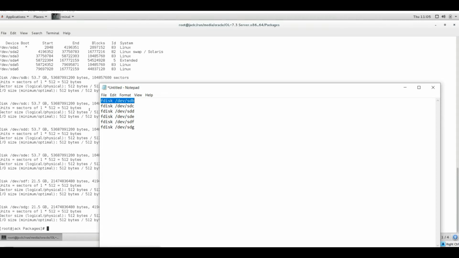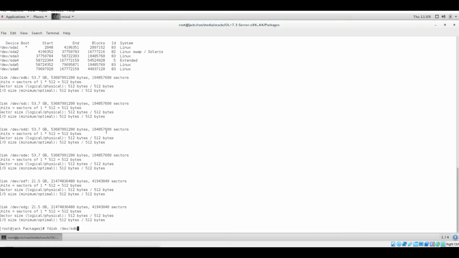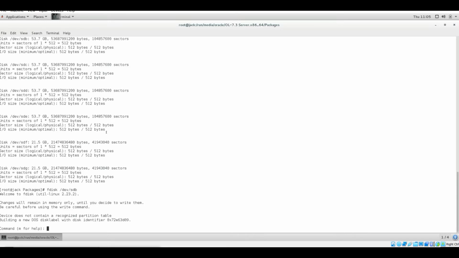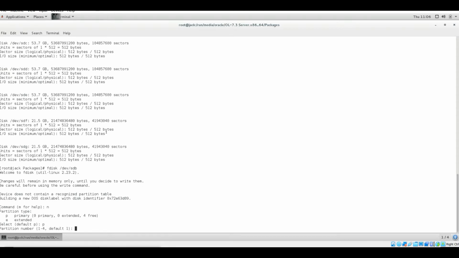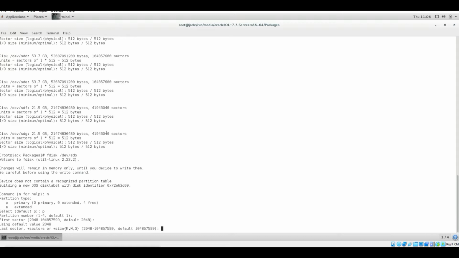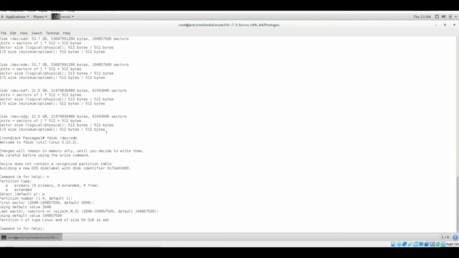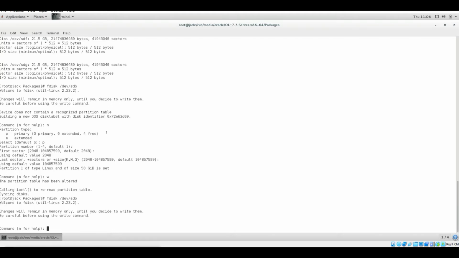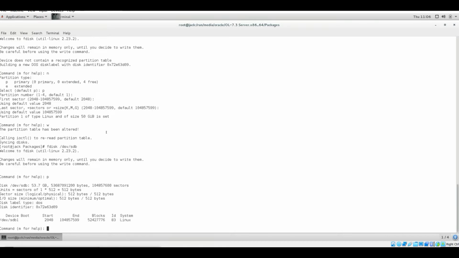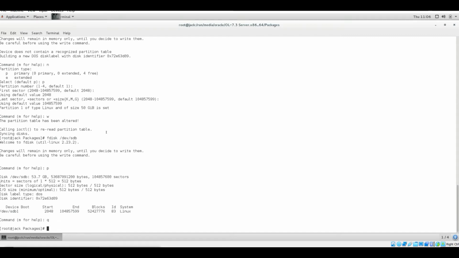So I need to partition these. This will be a new partition, so I'm pressing N. It will be a primary partition. Let me just take the default values over here and write it. So this is done. How will you see it? P for printing. So this is done, and then Q for quit.